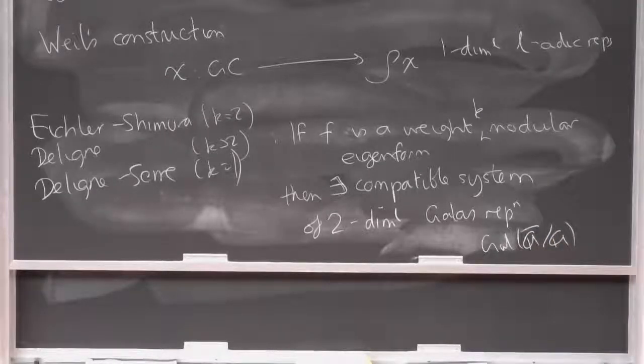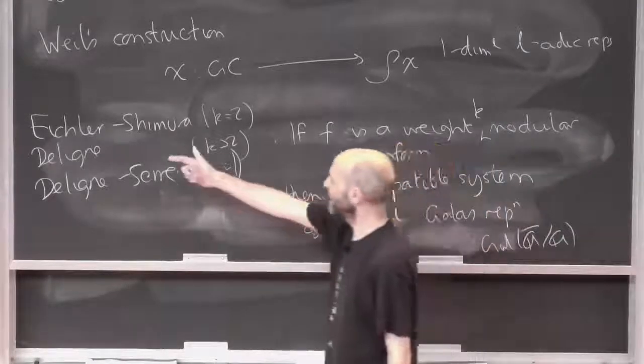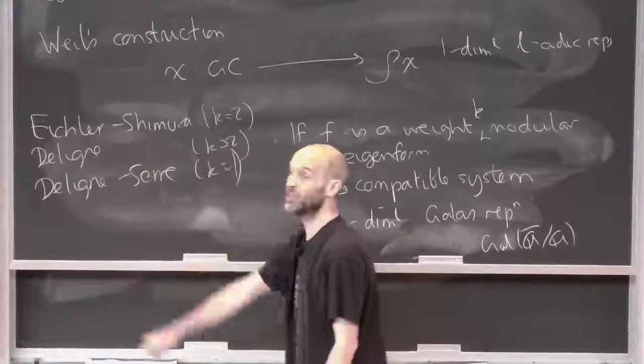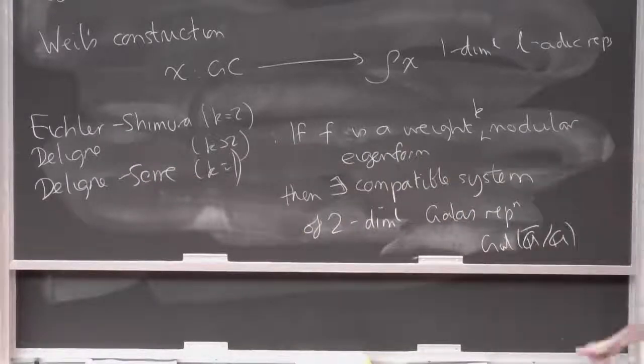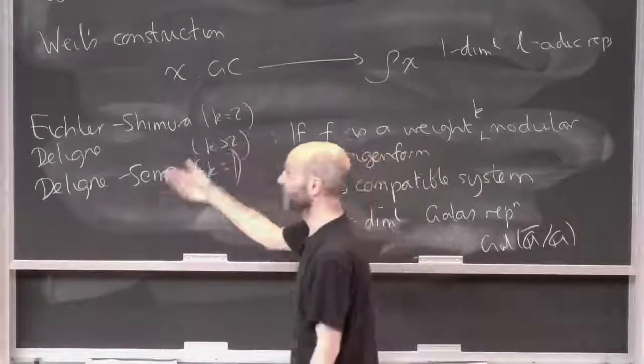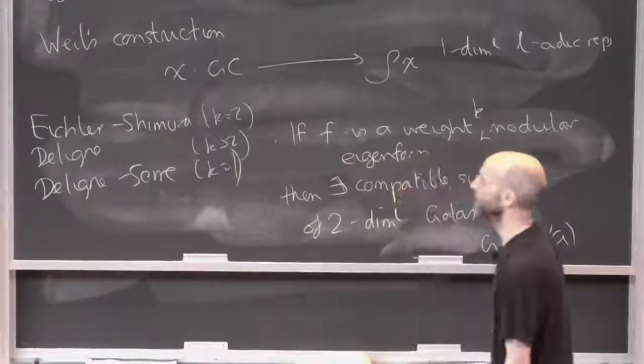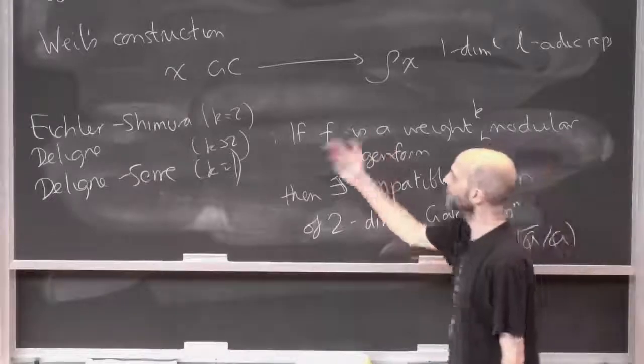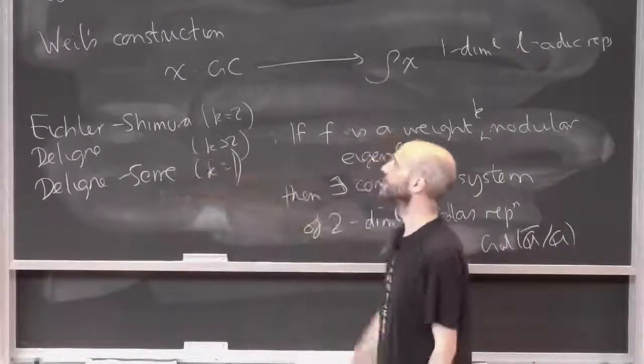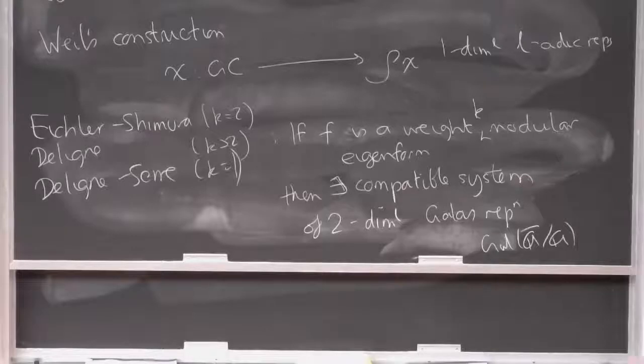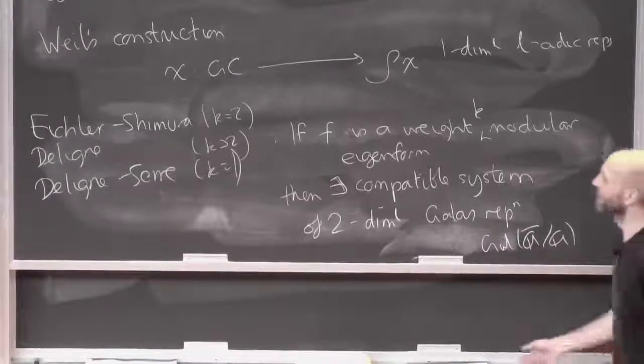And Deligne's proof says, you see, this was maybe the early 70s, and étale cohomology had just been invented. So Eichler and Shimura had done the weight 2 case by looking at Tate modules of abelian varieties. And then it turned out that Tate modules of abelian varieties were actually étale cohomology, because étale cohomology had been invented now. So Deligne was like, why don't we use some fancier varieties and take the étale cohomology of them instead, and then he can do all k at least, all k at least 2. And then k is 1 is a funny weird case.